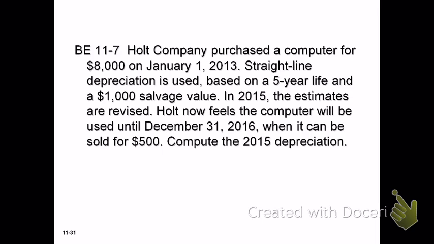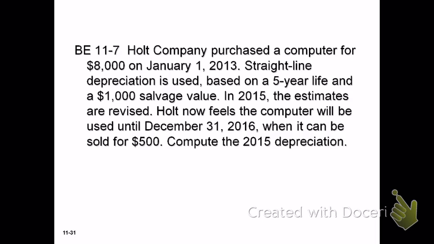All right, here's an example. They purchased a computer for $8,000. They used straight line depreciation over 5 years with a $1,000 salvage value. And then we're going to change the estimates in 2015. So we're going to decide that it has a salvage value of $500. And they'll be able to use it for